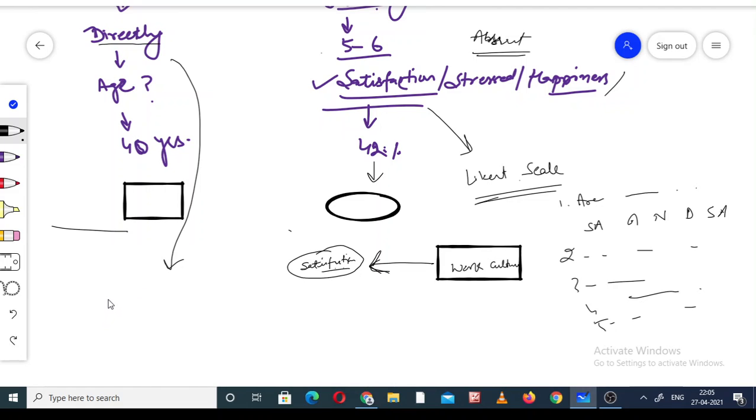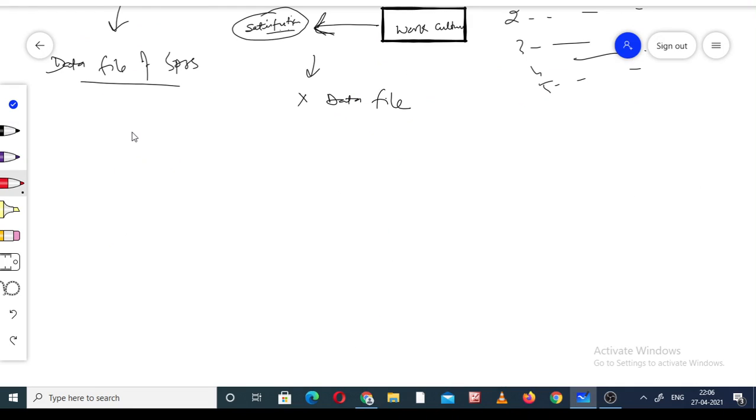If something is present in the data file of SPSS, that is the observed variable. In case of the latent variable, it cannot be found in the data file of SPSS. It will not be in the data file. So that is also one difference between these two.